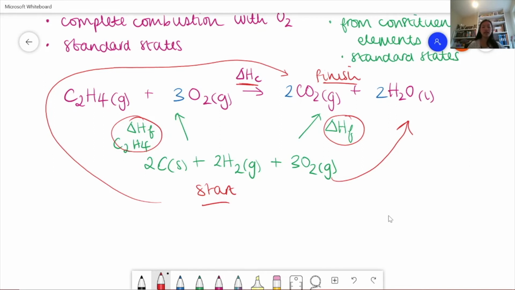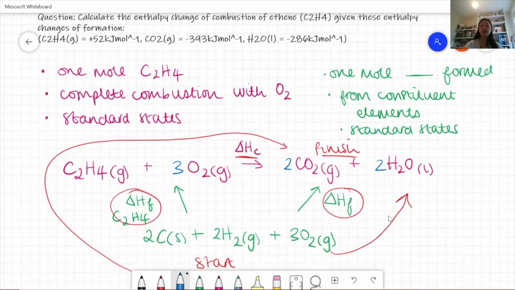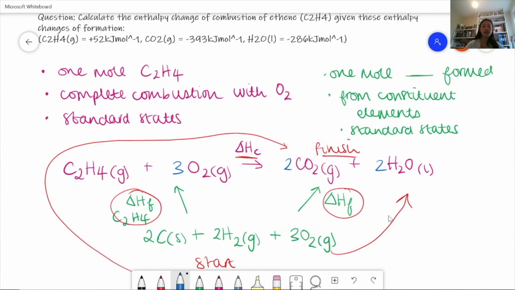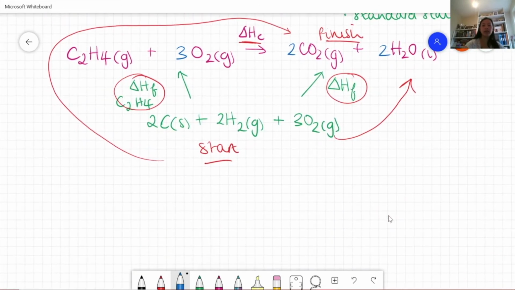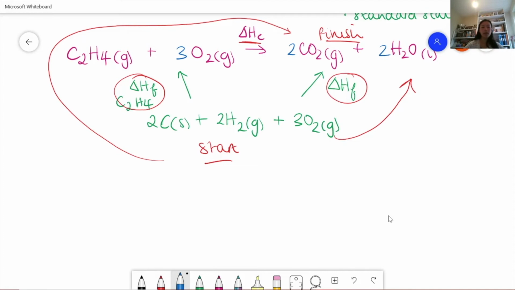So first we're going to work out the delta H of formation of this reaction. So if we go back to the question, we have that C2H4 is the 52. That's minus 393 and minus 286. Okay, so for this bit, you would have 2 times, so the delta H of formation equals 2 times the minus 393. And then you'd add on 2 times minus 286. And that gives you minus